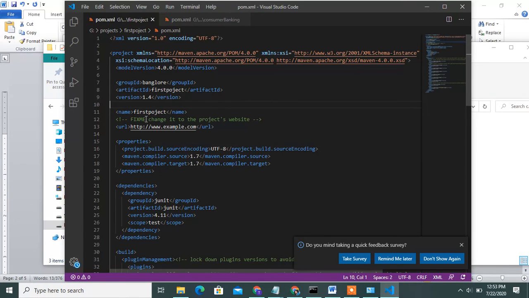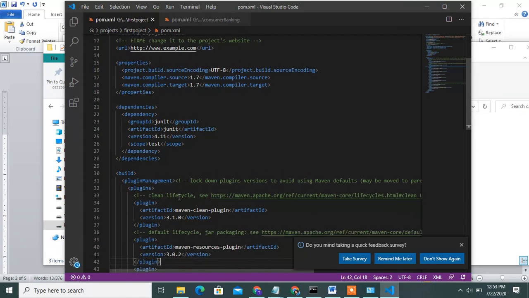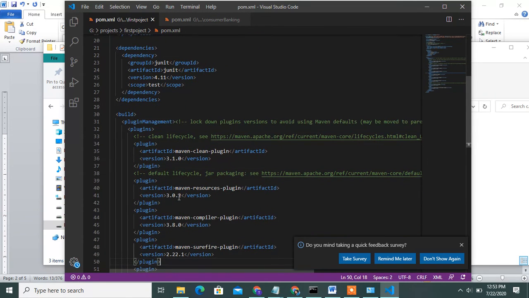After the version you can mention the properties. Then after properties you can write the dependencies, and under the dependencies you can install plugins. You can install the Maven plugin, like the clean plugin.